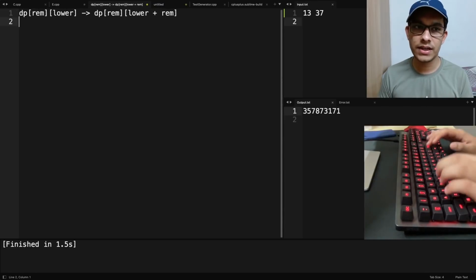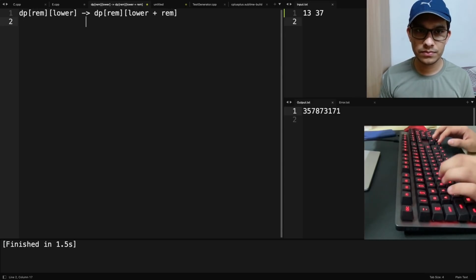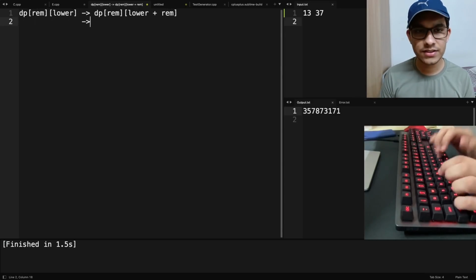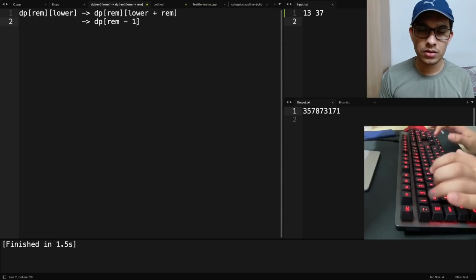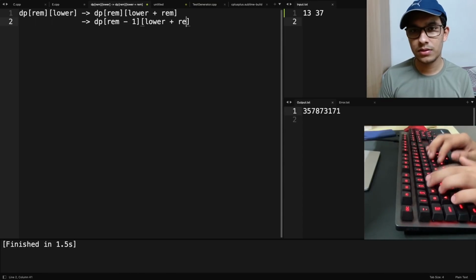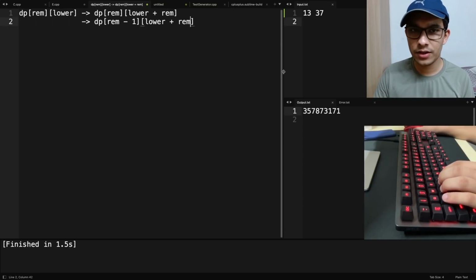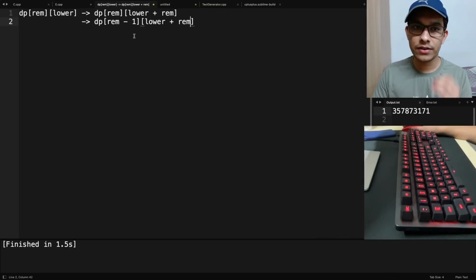This is the lower limit that will be there. Now if I say that in the next step remaining minus one elements are remaining, then I have lower plus remaining minus one. I mean, this will be lower plus remaining only, but here we'll have to select one element from the remaining,